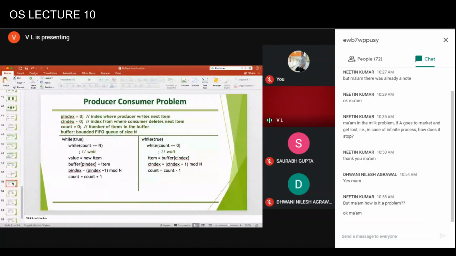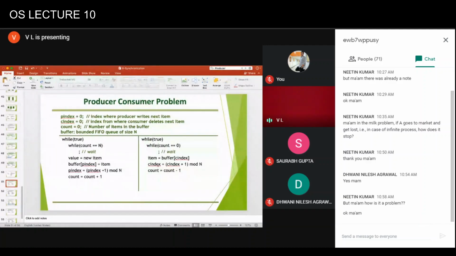What I will pose as an exercise is, can we, instead of using count, use a circular array and use only p index and c index to check the full buffer and empty buffer conditions? I want you to write the code. We don't want to use count. We want to use only p index and c index.